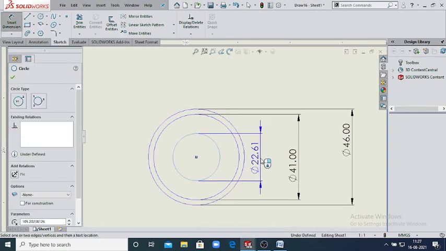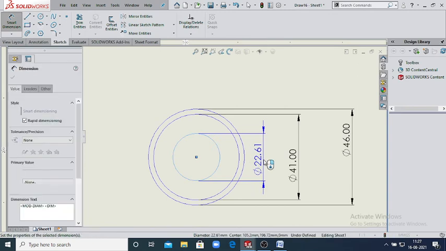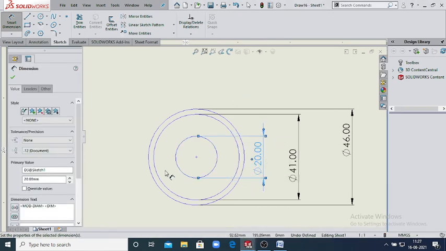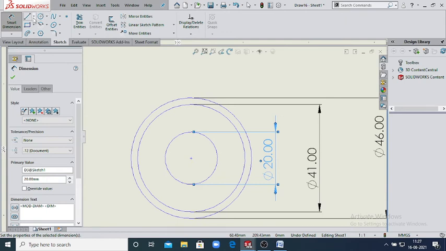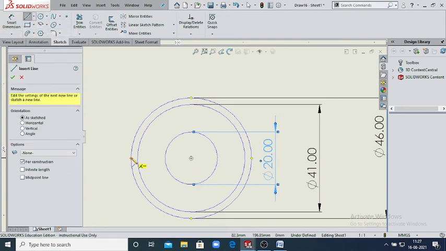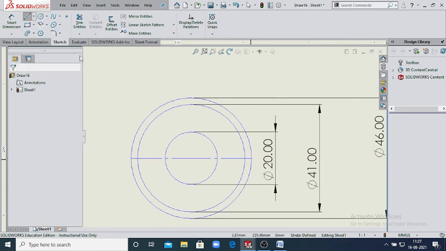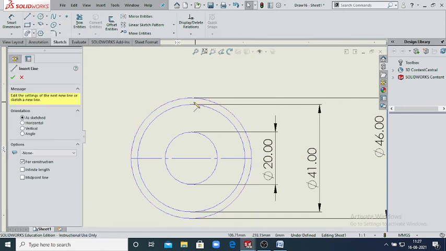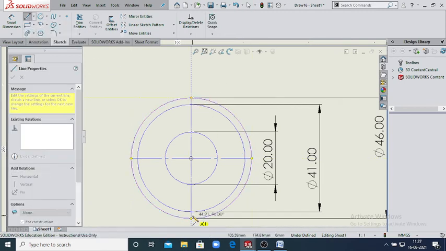Give the dimension of this circle. The radius is 20, and select the center line and draw the center lines like this, horizontal and vertical.